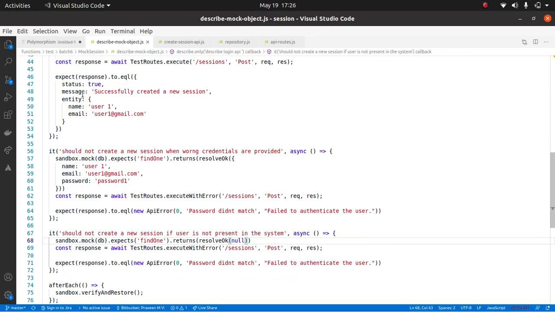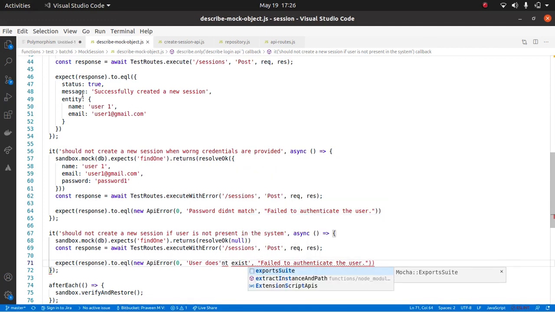There was no user, correct? So in this case, it fails to authenticate, and I'll tell it user not found, the user doesn't exist. Right?